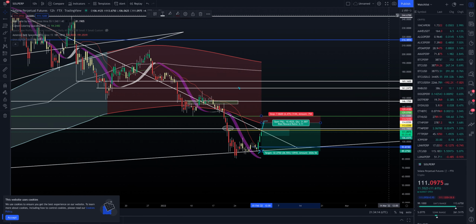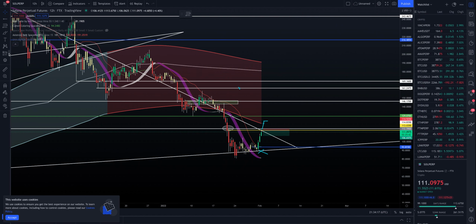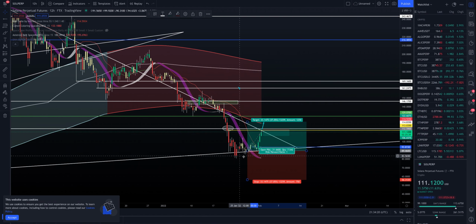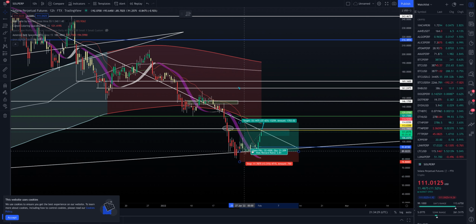So say you went long like I did down here, but you weren't sure where to get in on the trend, even though it wicked below it a couple times. Using 3x leverage, it didn't matter. You were willing to withstand the 7 days of shitty price action of you making a bunch of money, coming back down to your entry. I mean, you can manage it like I do, where I take 40% off, etc., add it back on. But let's say, for the sake of it, that you didn't touch it at all. Eventually, it pumped. So you could put your stop loss right below here. It's 10%,